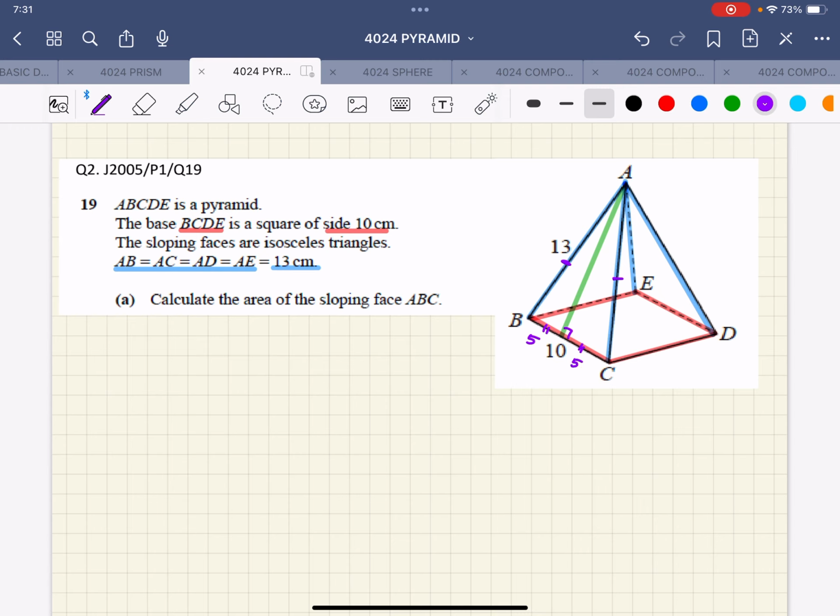That means this green thing over here, this is the height, the slant height you can say. So let me write this thing as L. So therefore 13 square is equal to 5 square plus L square. This is 169, this is 25, this is L square, 144 is L square, therefore L comes out to be